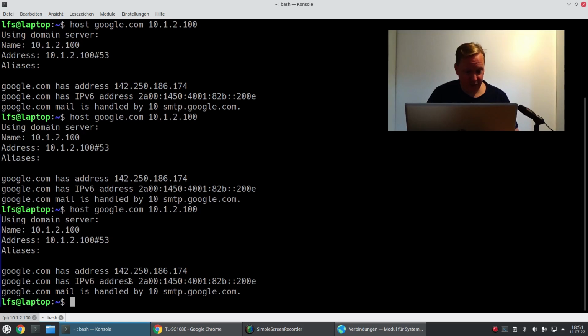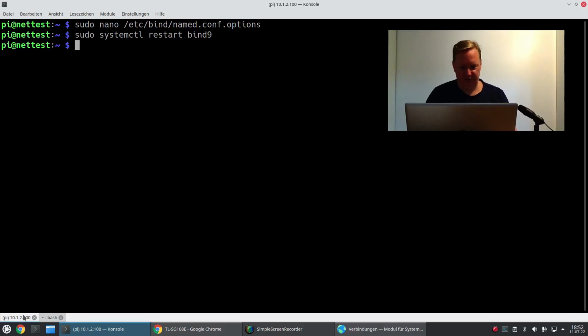But one thing I'm already seeing here is we are getting an IPv6 address, and that can be a problem, because we are only running IPv4 on our network right now, and if the DNS server now tries to do anything with IPv6, then things might time out and fail, and you will get a lot of log messages in some log files on the Raspberry, and they might just clutter your hard drive, and it might even make your DNS server fail sometime in the future. So to stop that from happening,